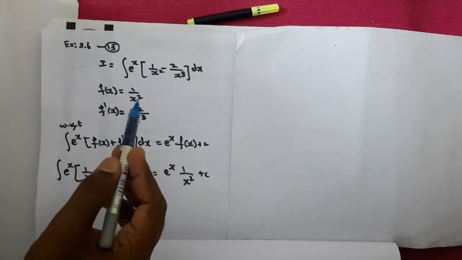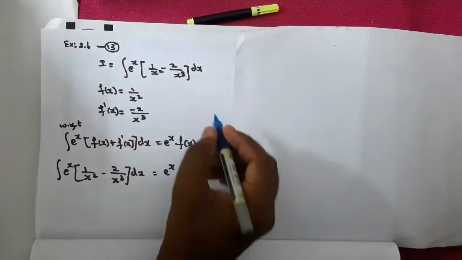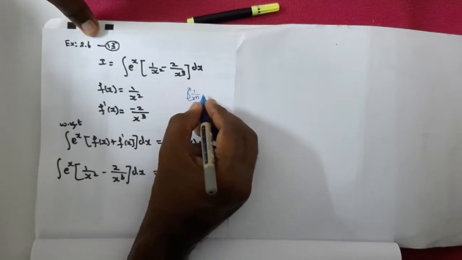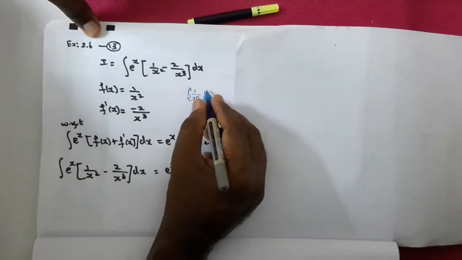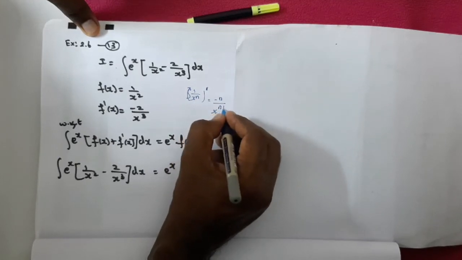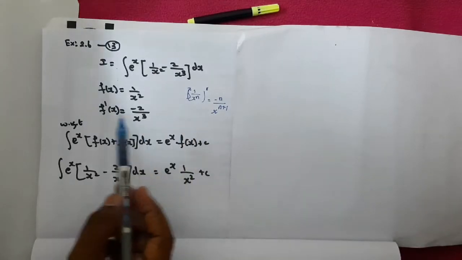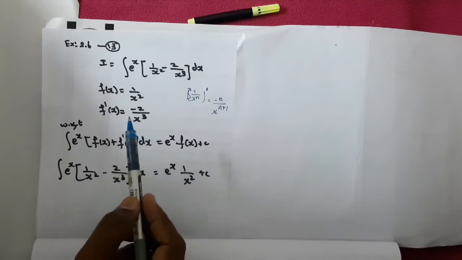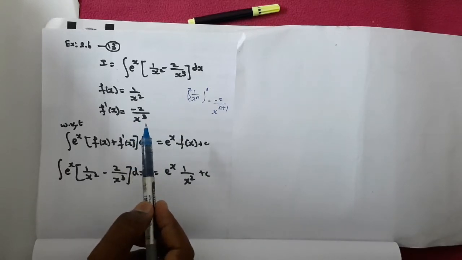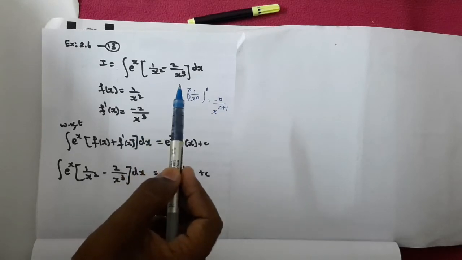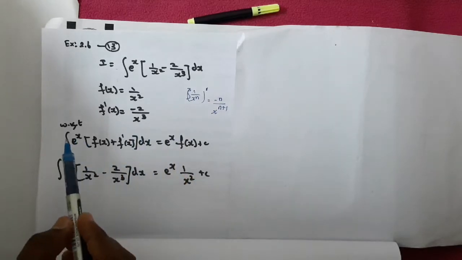f'(x). So what is the formula we have learnt? d by dx of 1 by x^n, when you differentiate, the answer is minus n by x^(n+1). So by this formula, if you differentiate it, here you have 2. So when you apply the 2 here, you get minus 2 by x^(2+1). So 3 you have. So have you got the second term? Yes. So this is f(x) and this must be f'(x). Okay. Anyway, we compare it with the formula.